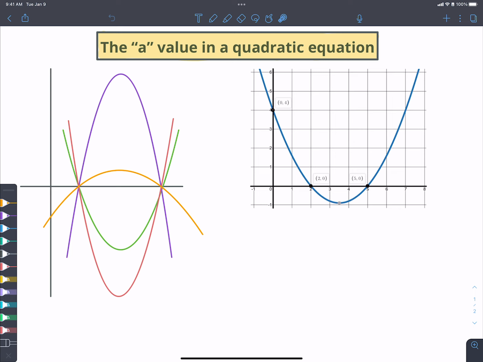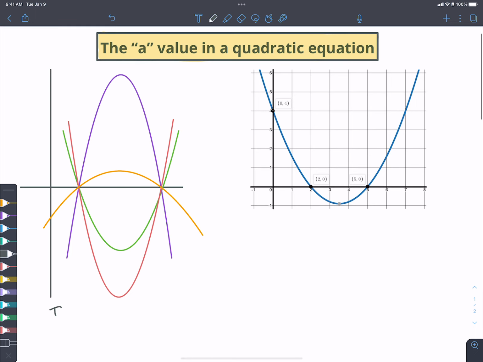In this video, we're going to talk about what the a value does when we look at it in a quadratic equation. The first thing you might notice is that here we've got a whole bunch of different quadratic graphs, parabolas, whatever you want to call them, going through the same intercepts. And the first thing that we know that we've identified with an a value is that